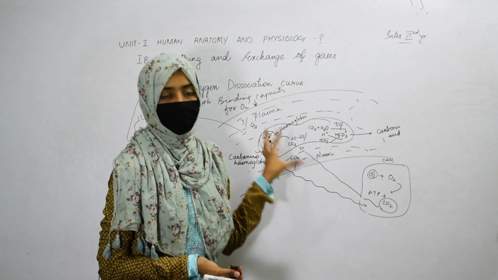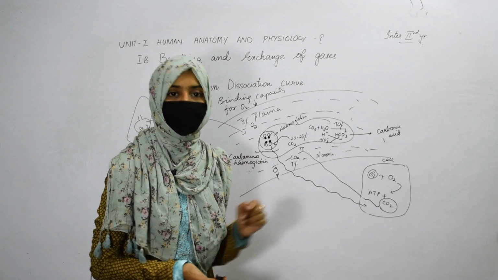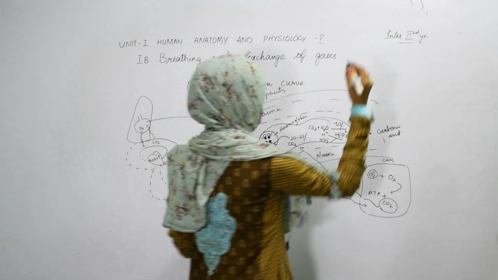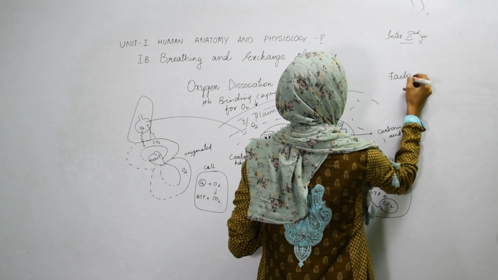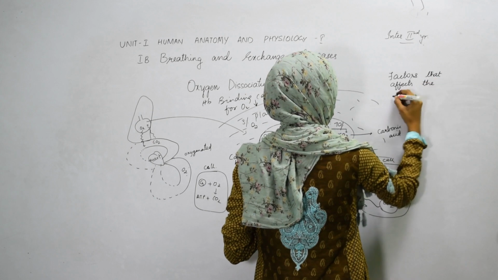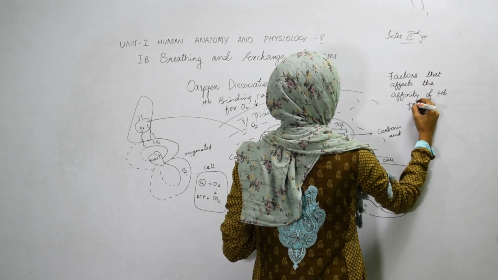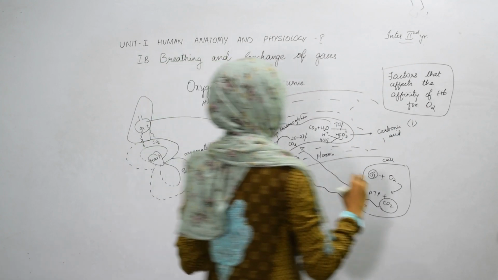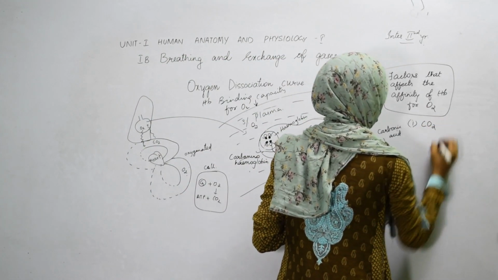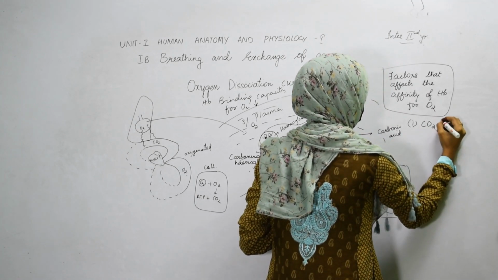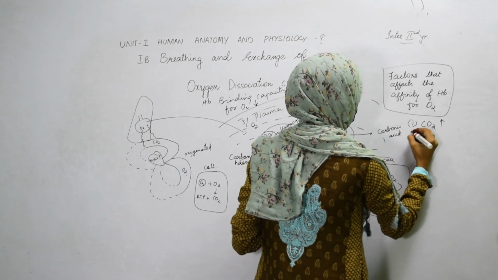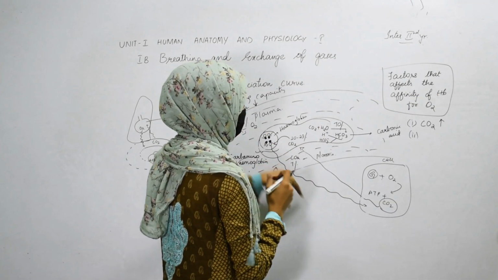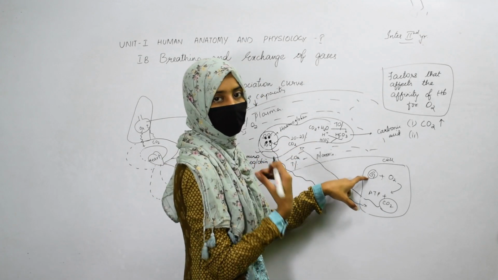Not only this factor, there are 3 factors that affect the affinity of hemoglobin for oxygen. So, let us list out those factors now. The first one is the binding of carbon dioxide to the hemoglobin, that is, the formation of carbaminohemoglobin. Once the carbon dioxide concentration increases, it binds to the hemoglobin and decreases its affinity for binding with the oxygen. This is how the release and transport of oxygen into the cells takes place.